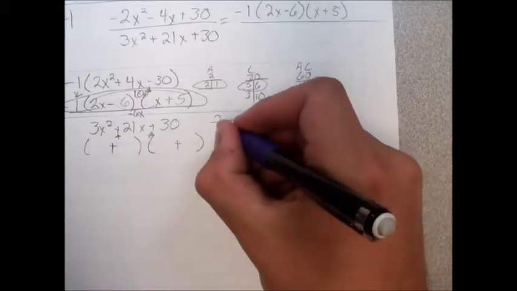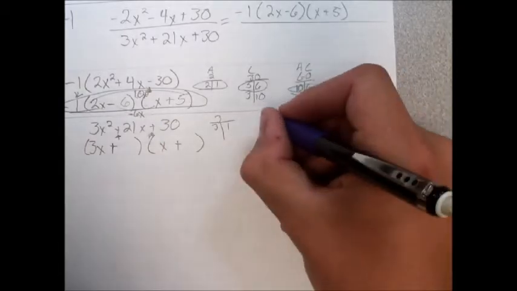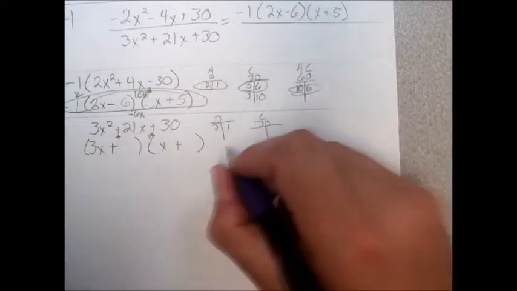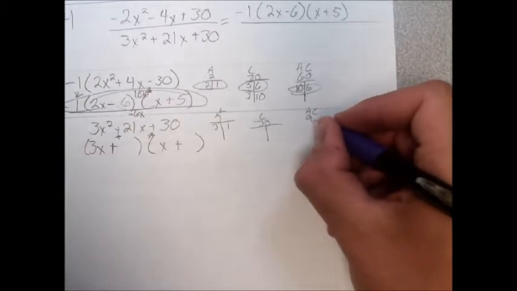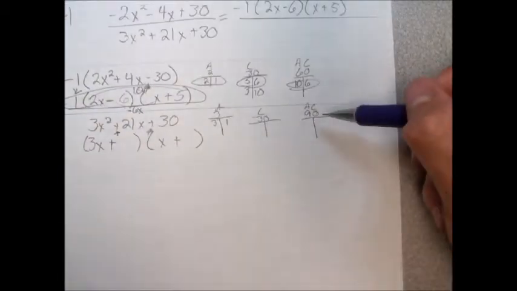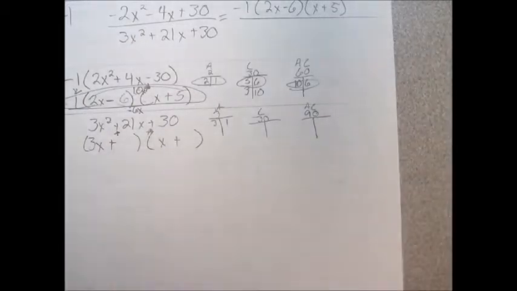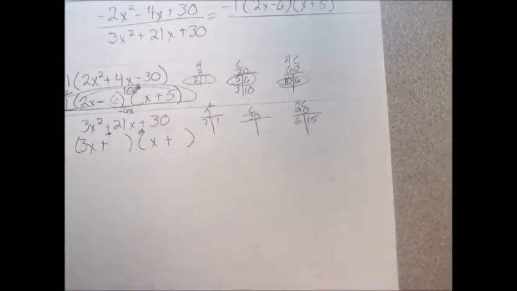I factor out my 3 and I get 3 and 1, so I have 3x up front and just x. I factor out my c, which is 30 in this case, and I'm going to deal with that here in a second. And then I factor out my ac, and my ac is 90. So since it's same sign sum, I'm looking for factors of 90 that add up to 21. What'd you say? 6 and 15. I like it. So I'm going to have a 6x